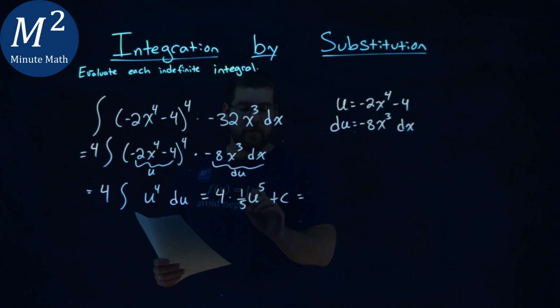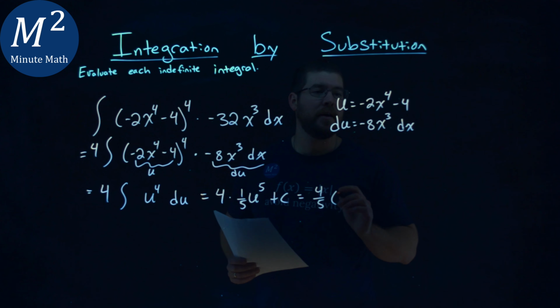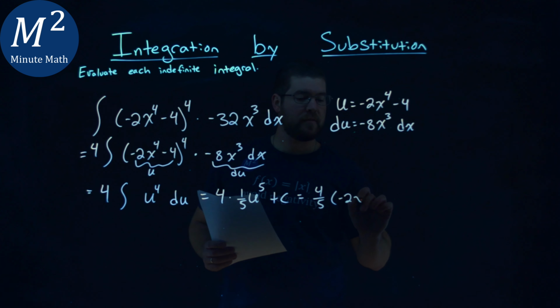From there, keep going. So we have a 4/5 out front here, right? 4 times 1/5 is 4/5. And then instead of the u, I'm going to substitute in that negative 2x to the 4th minus 4. So raise it to the 5th power, then plus a c. And there we have it. A final answer of 4/5 times the negative 2x to the 4th power minus 4 all to the 5th power